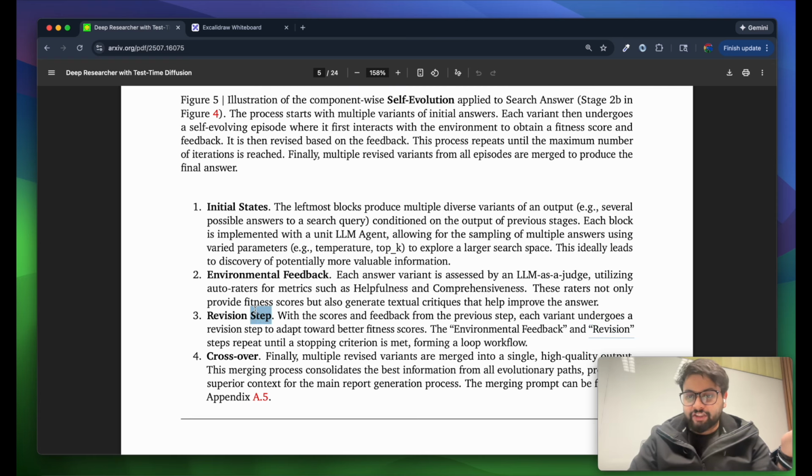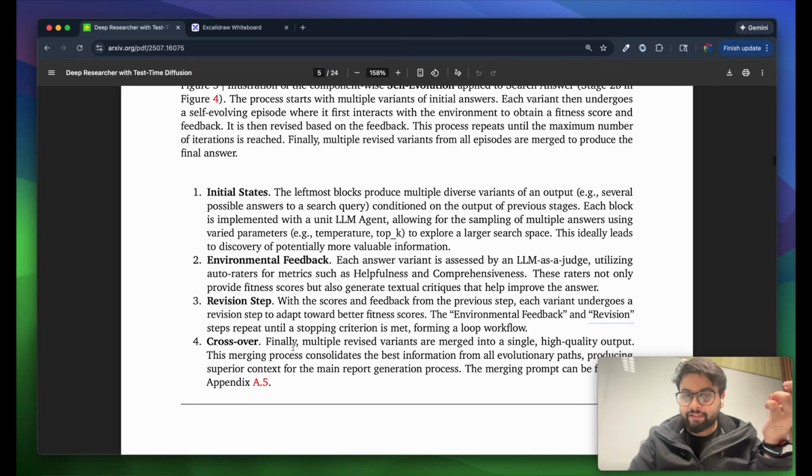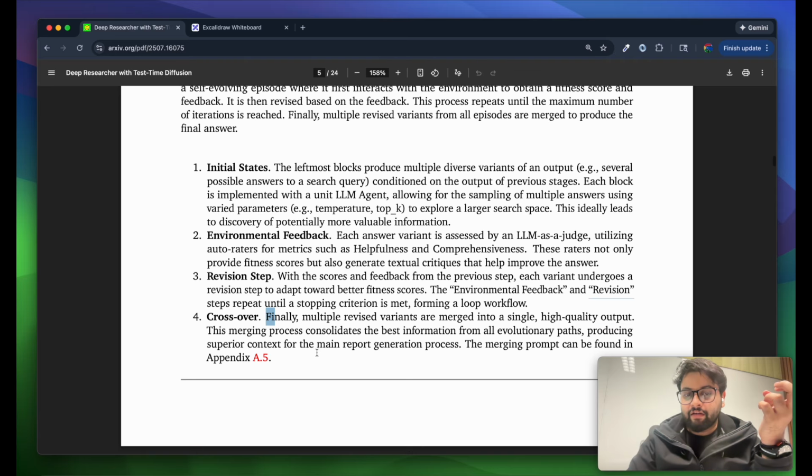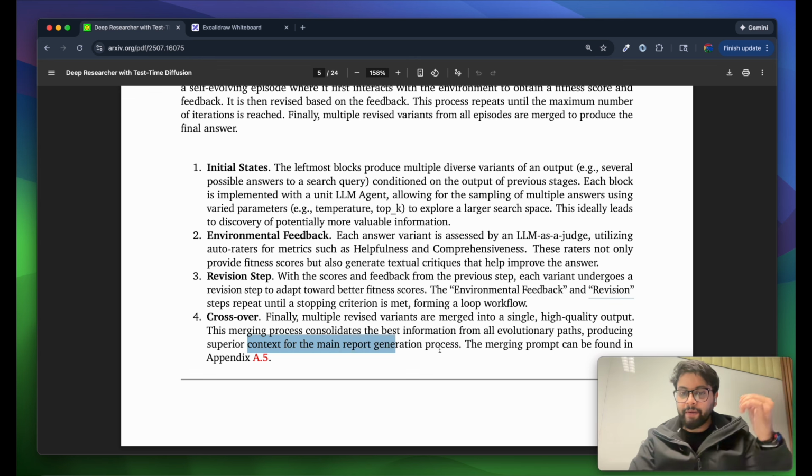As we talked, the revision step is nothing but the environmental feedback received from the environment, or the LLM as a judge, being incorporated by the candidate, and the output is basically improved, right? Doing this in a loop. The last thing is crossover, which we also talked about. Finally, multiple revised variants are merged into a single high quality output. The merging process consolidates the best information from all the evolutionary paths, producing superior context for the main report generation